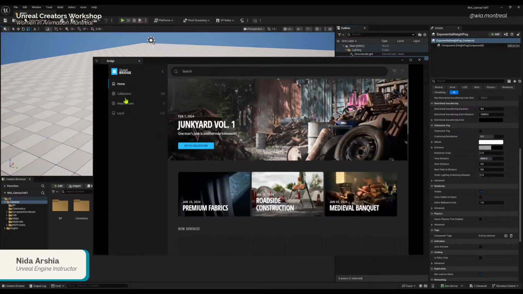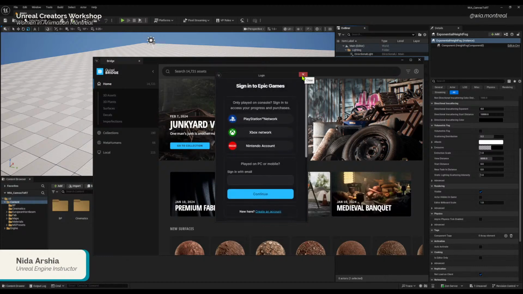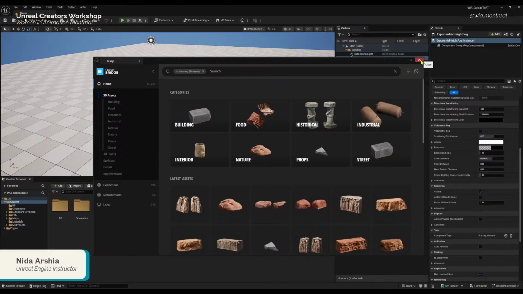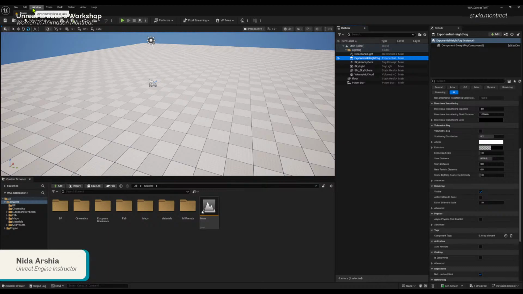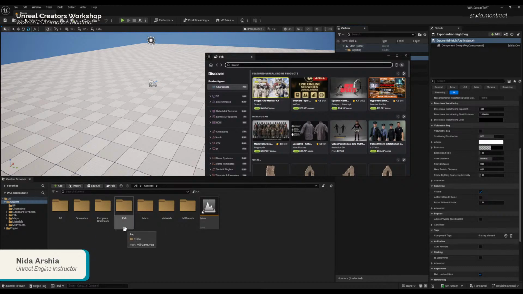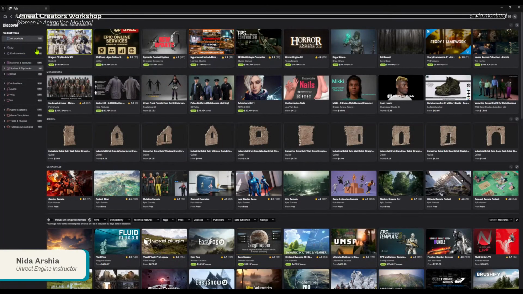And Bridge is the bridge between the Quixel assets and Unreal to directly import those assets inside the editor. Now, some things have changed in the last year, and these assets are not entirely free. So that's a bummer. But luckily for you, today we have assets already downloaded in Fab. But it's good to know that you're going to find a lot of assets in here. You can browse with categories, and you will also find some free assets in here.